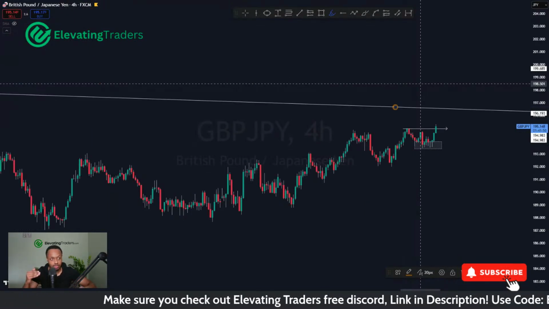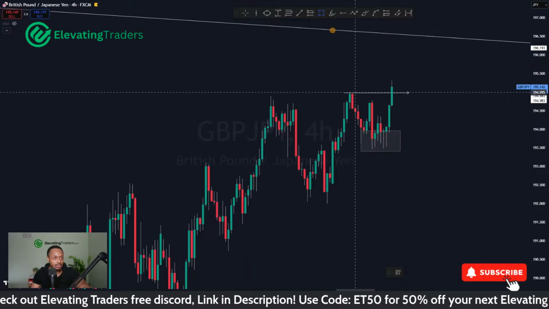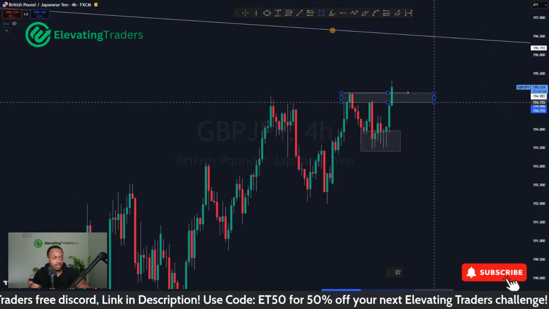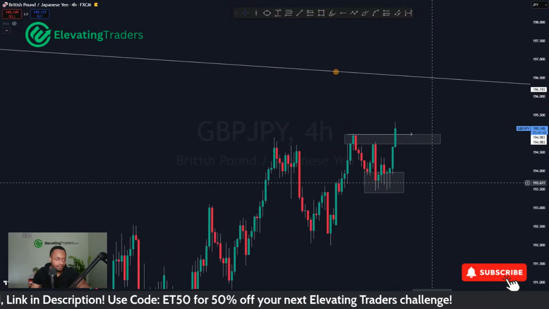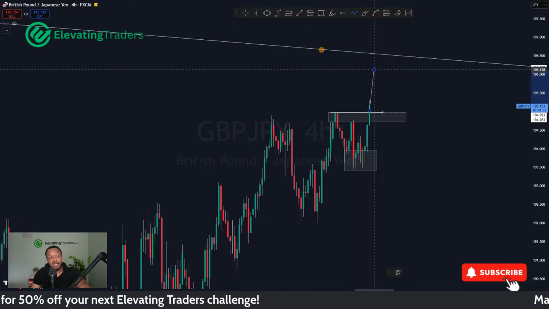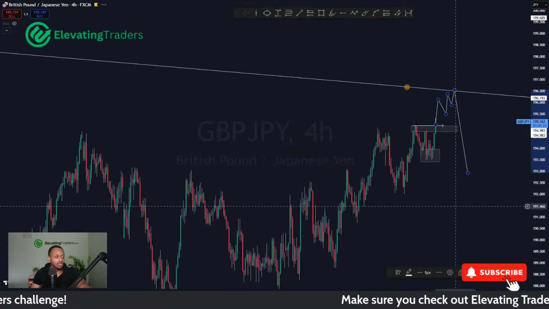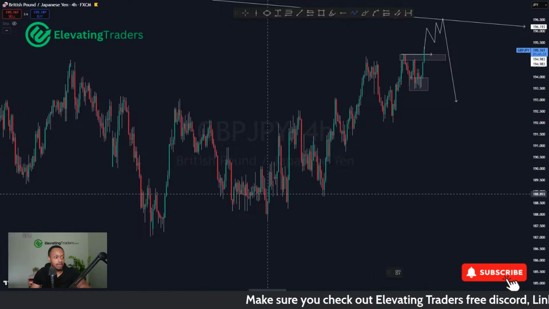You're looking for a short term play on pound yen. In that case, you might see a nice breaking retest of this level here on the lower time frames. If you're looking to short, well, you're going to have to be a bit patient. That might take a few days to actually pan out before we do get price to push down, because we are still really corrective on the way up here.